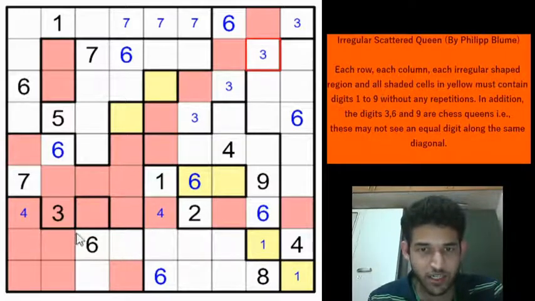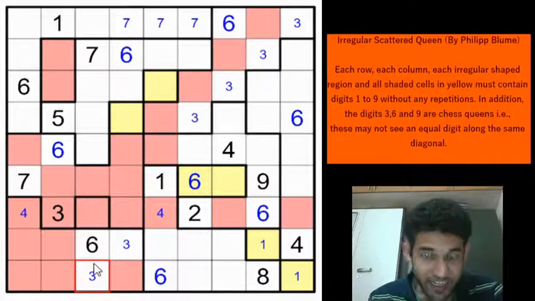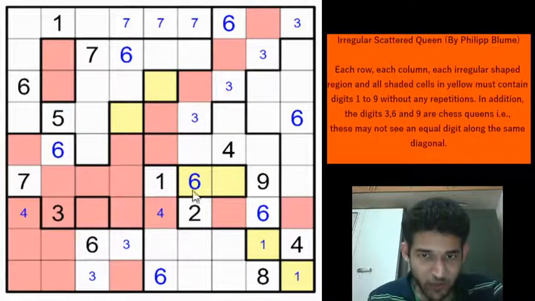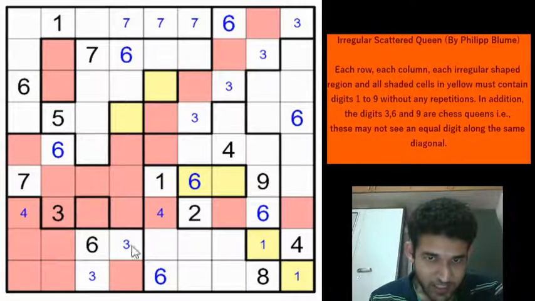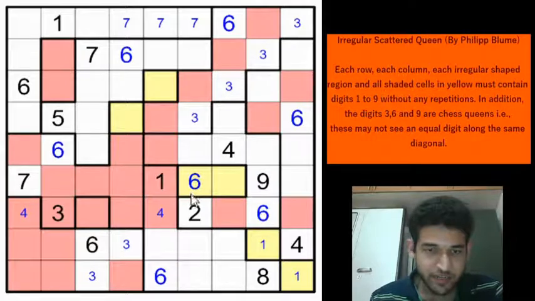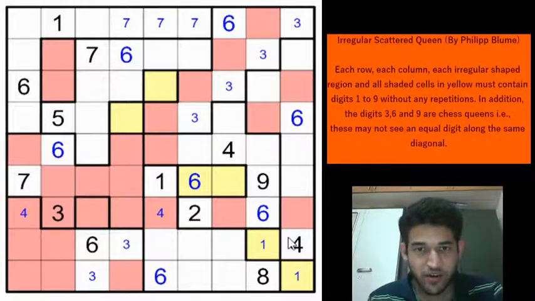notate some more digits. So for this region, it needs to have a 3. So 3 can only be in one of these two cells, and that gives some more cells that we can highlight as not being 3. Because this 3 can only be in this direction. So which eliminates the 3 from these cells, right? Because this diagonal 3 will see the cells in the diagonal direction, right? 3 can only be in one of these two cells, which eliminates the 3 from here. Amazing.